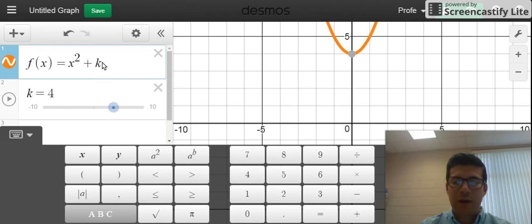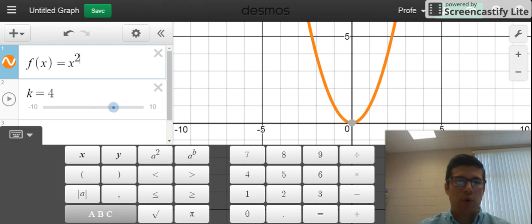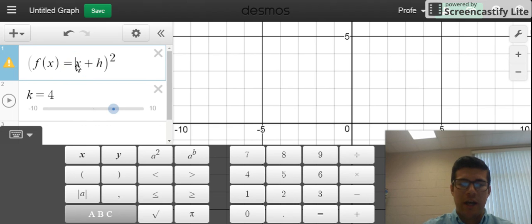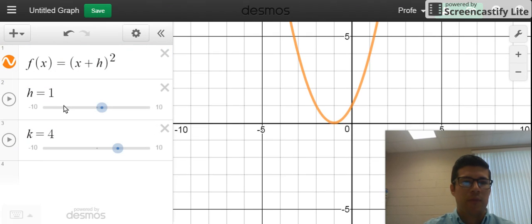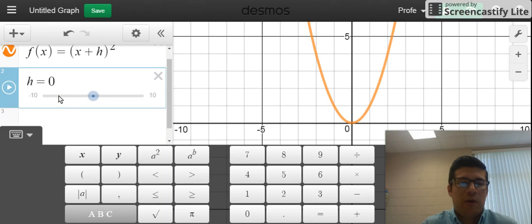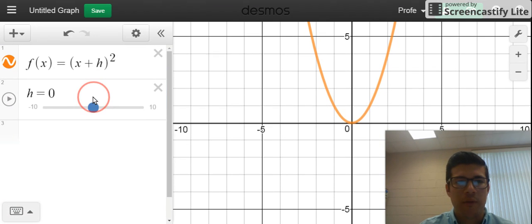Okay. So now to new knowledge. What if I want to do a horizontal shift? Well, horizontal shifts occur within the argument of the function. In other words, within parentheses. All right, so this time I'm going to say x plus h squared. And we're going to go ahead and forget about k for a little bit. So let's say that my h is 0. If I don't have an h value that I'm adding or subtracting to my x, then this is just x squared, right? But if I say x plus 1 squared,